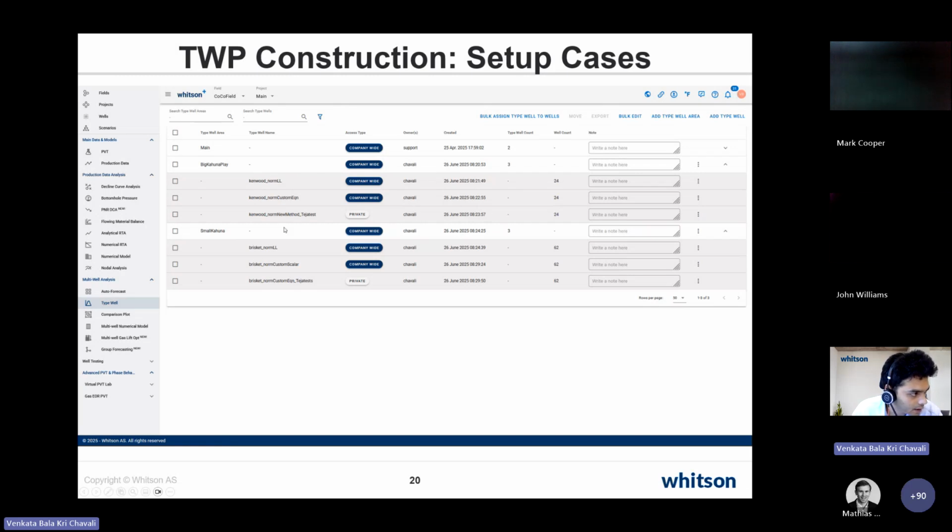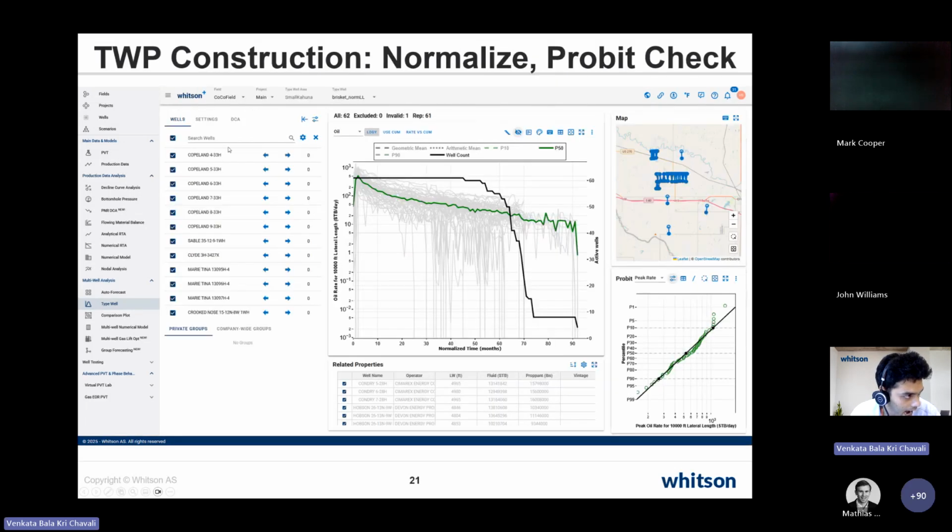Okay, and I have similar setups for my other areas, and basically this is how you would set up your own place. Once you have all your type well profiles and the different areas built in, it actually looks really good and becomes a living, breathing document right here. So once you have these cases set up, while you're setting up the cases,